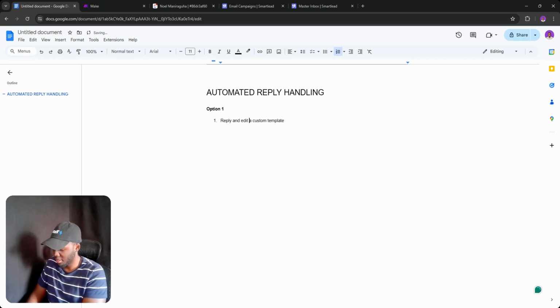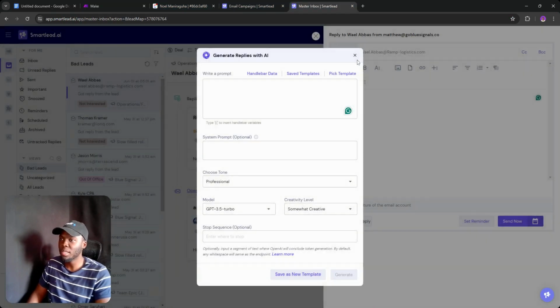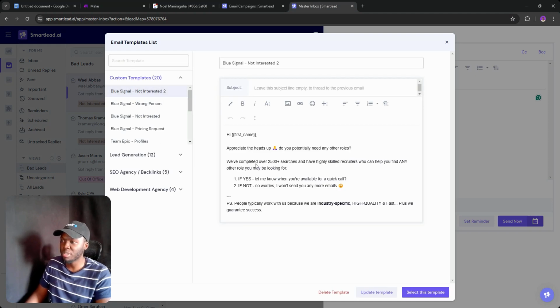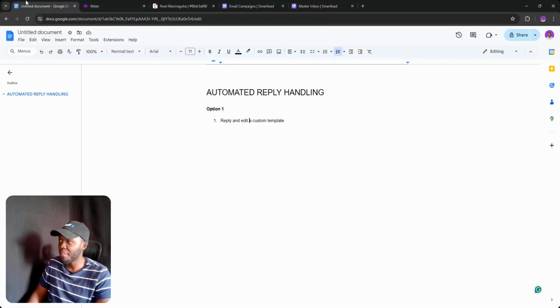Reply and edit a custom template. And so the custom template would be this right here. So we've already got a predefined custom template. Select this template over here, and then it would actually be, yeah. So reply, insert,